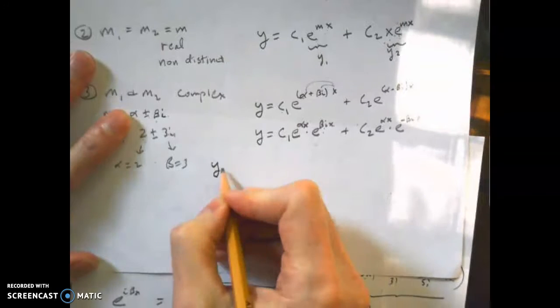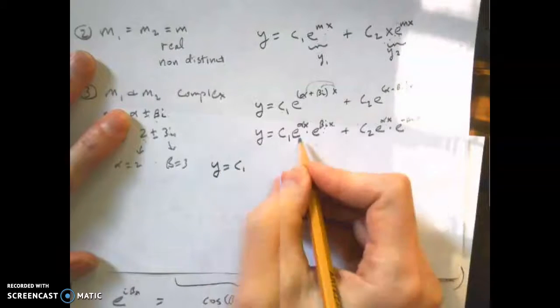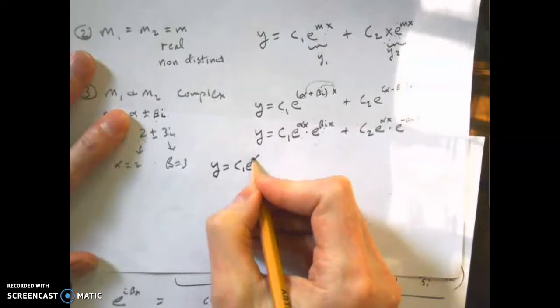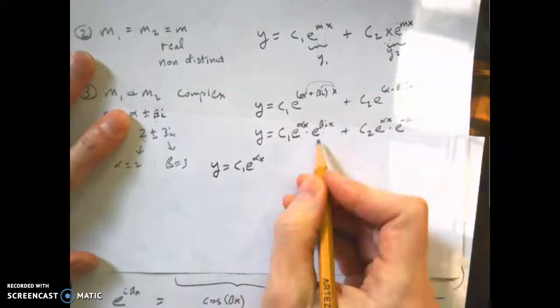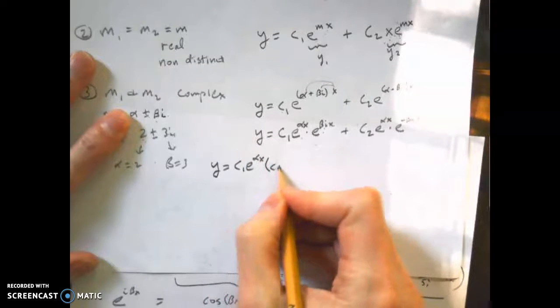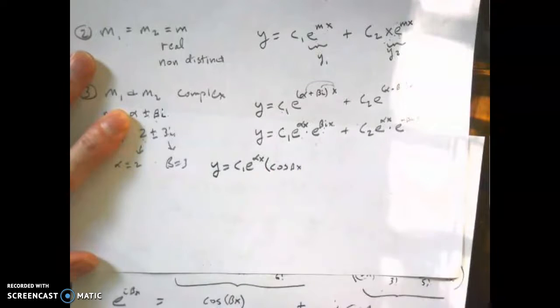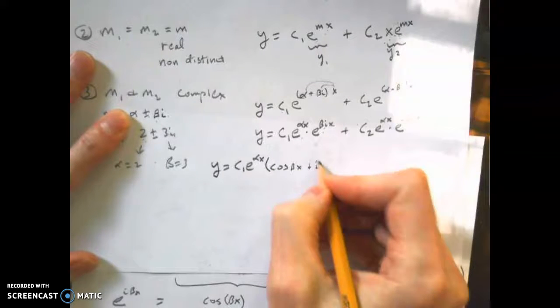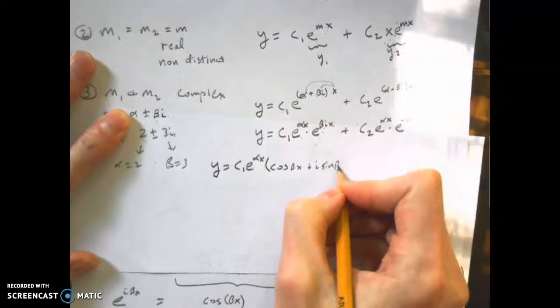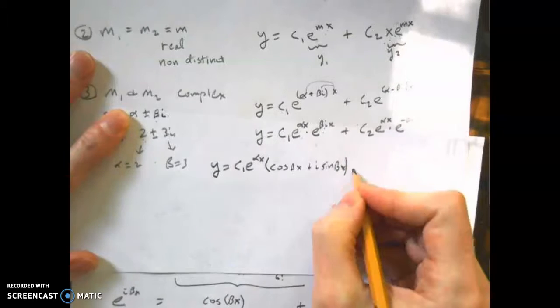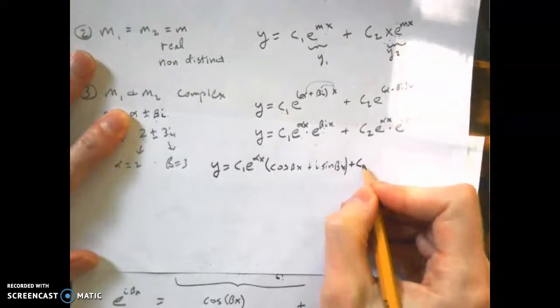So we've got y is equal to c1, this stays the same, e to the alpha x, and this becomes cosine beta x plus i sine beta x, and I've got plus my c2 e to the